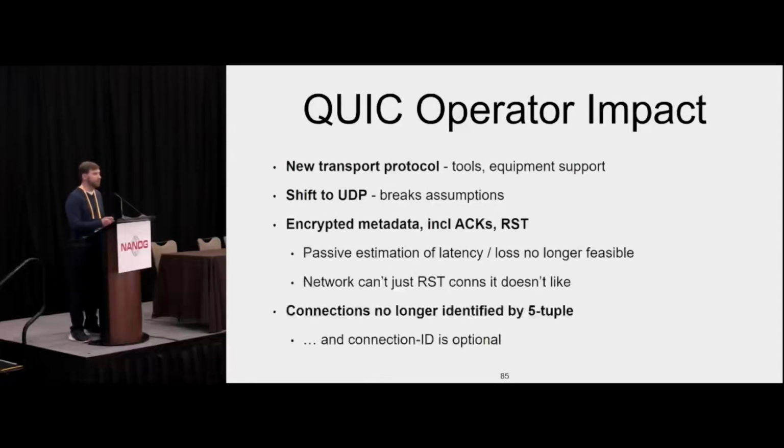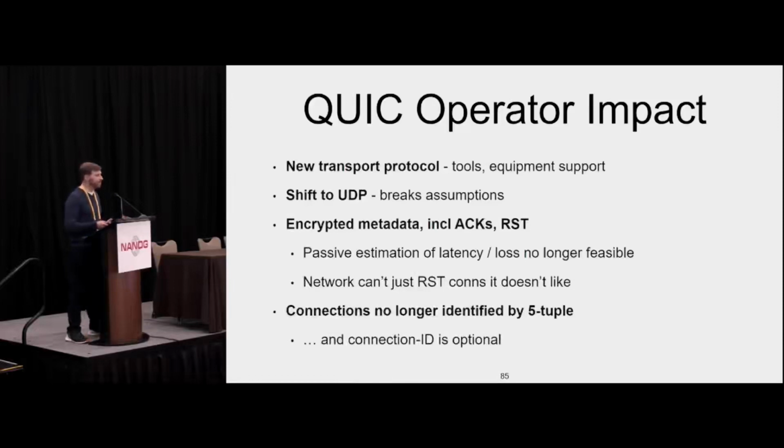Operator impact. Obviously it's a new transport protocol, so new tools. Traditionally we've had some level of Wireshark support already for QUIC. I think that will actually improve quite a bit, especially once it gets closer to IETF standardization. But there's still a shift there. There's the shift to UDP. There are certainly some people who have made assumptions that all UDP traffic that is not DNS is kind of low value. Certainly, Google doesn't think that way at the moment, given that we're sending search queries to google.com over that and playbacks to youtube.com over that. So that's not our perspective, but I do understand the reasons why there's a long-held dislike of UDP, particularly port 80, which thank goodness we're not using.